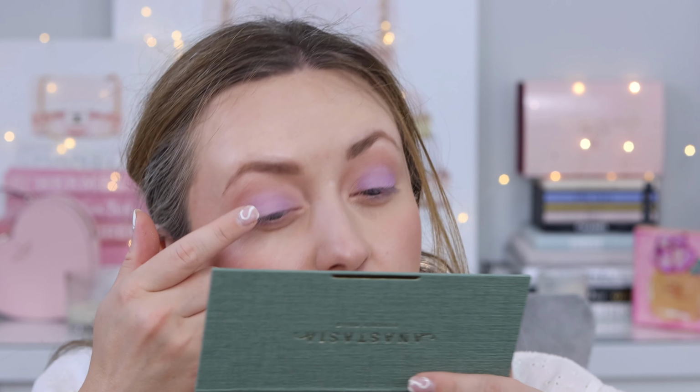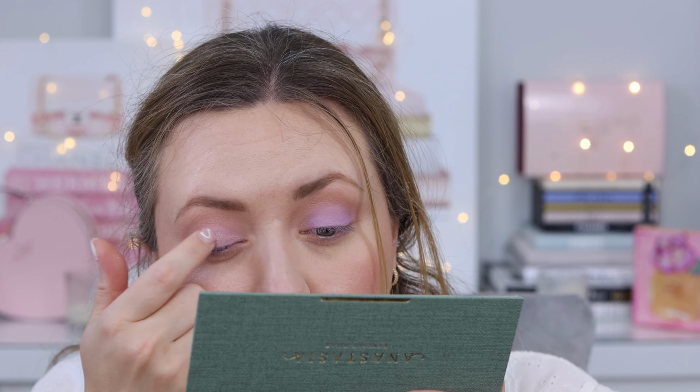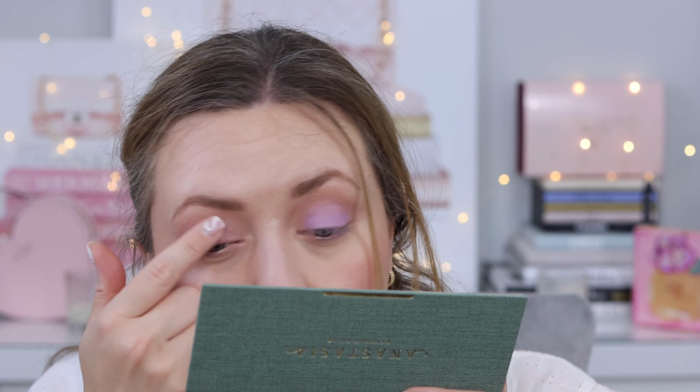Okay, now the shade Lily, let's see. Okay, I think we can do this. We're gonna put Lily on top, just with my finger. Okay, so this definitely softens out the purple. It's not really what I was going for, but I do like a little bit of shimmer, and I think